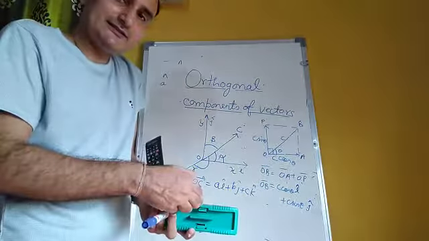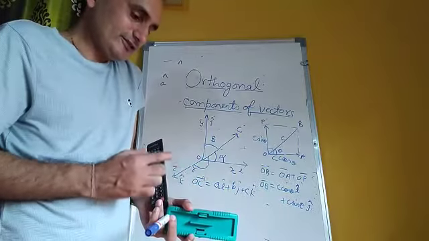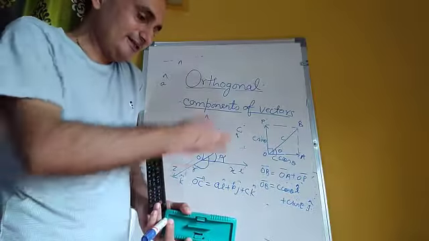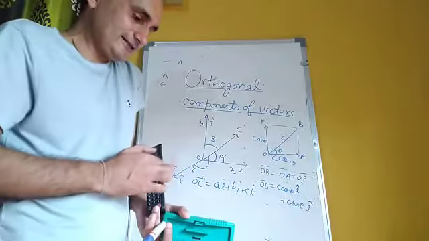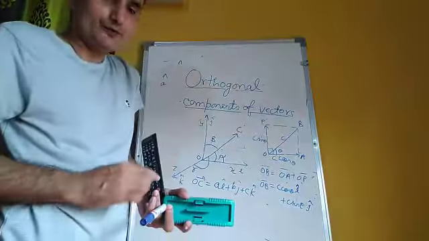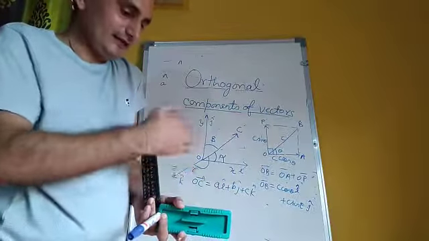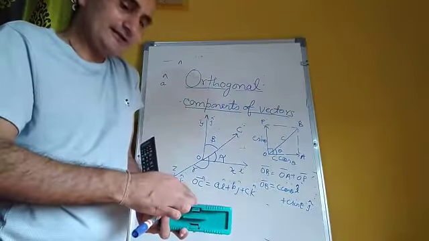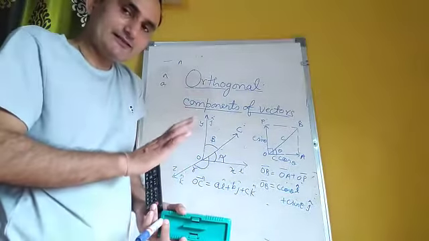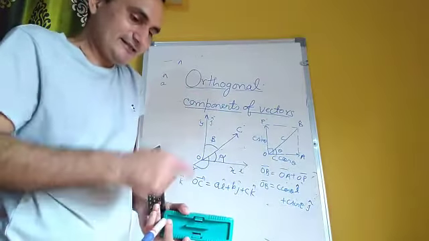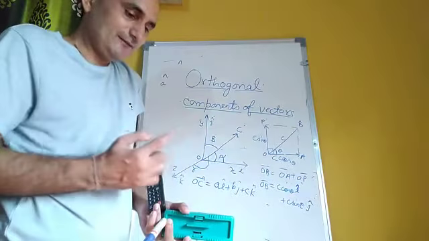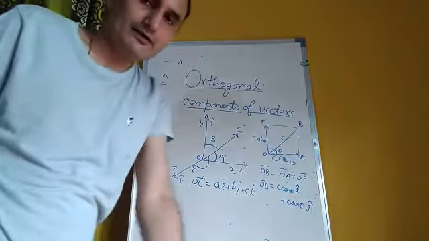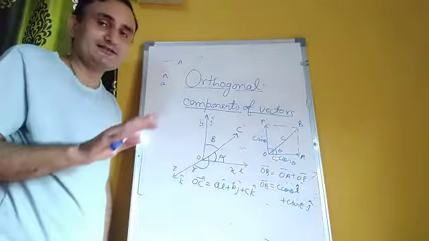So if the angle with this axis is theta, it is not certain that the angle with this axis will be 90 minus theta. This is possible only when the vector is in the plane made by this axis and this axis. This is the x axis, this is the y axis, and this is the xy plane. If the vector had been in this plane, and this angle is theta, then this angle would have been 90 minus theta. But in 3D space, the vector is like this. Hence this angle is alpha, this we have taken as beta, and the angle with this axis we have taken as gamma. I think you understand what these 3 angles are.